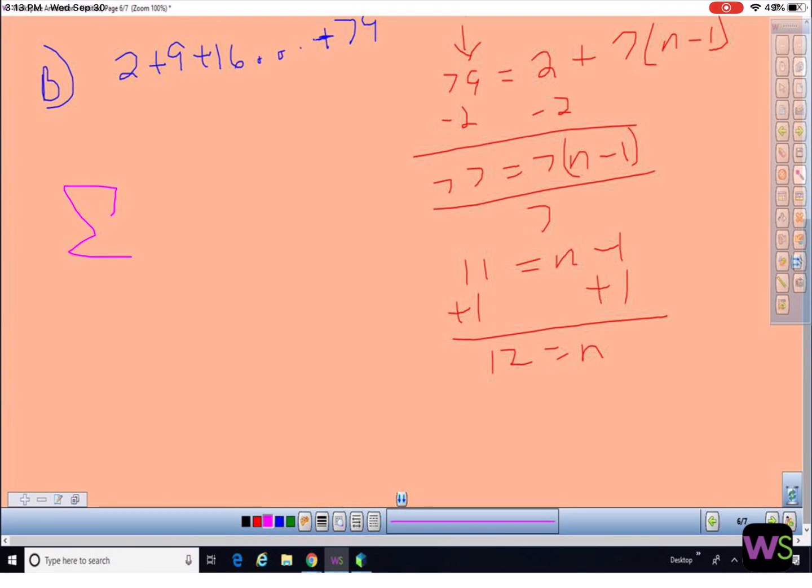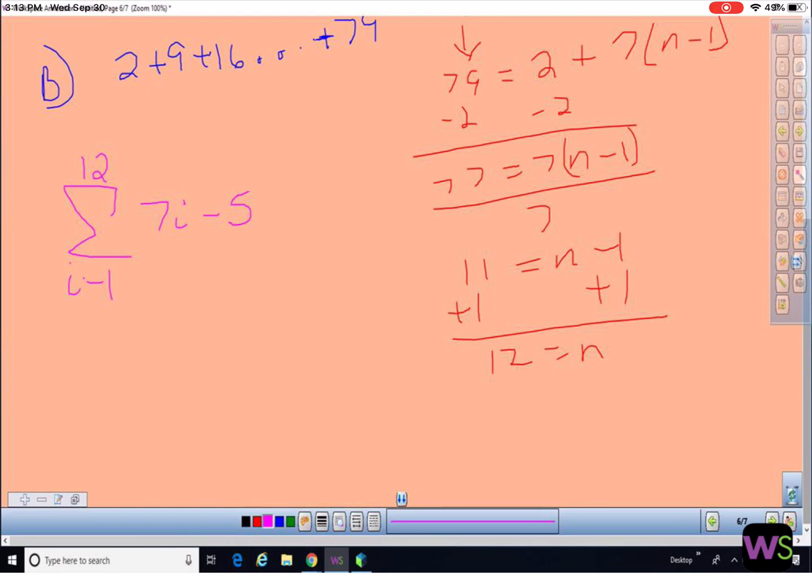That means you're going to have 12 numbers in your series. And you have your i equal to 1. And then I'm going to have my 7i, and then the difference is going to be minus 5. So there's your formula for when you plug it in